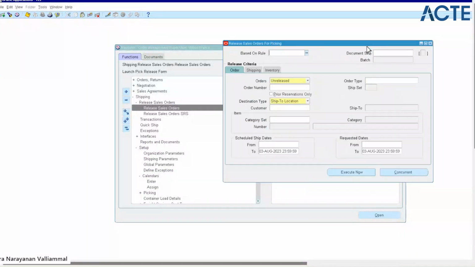Actually waiting. No, I am not seeing anything. Now it is coming. Okay, so this is the screen which we are in. See how I had come here is